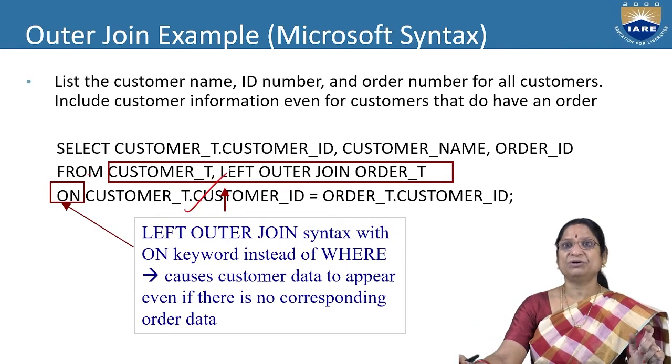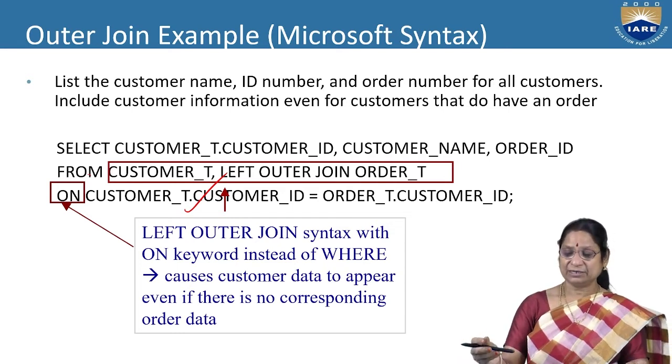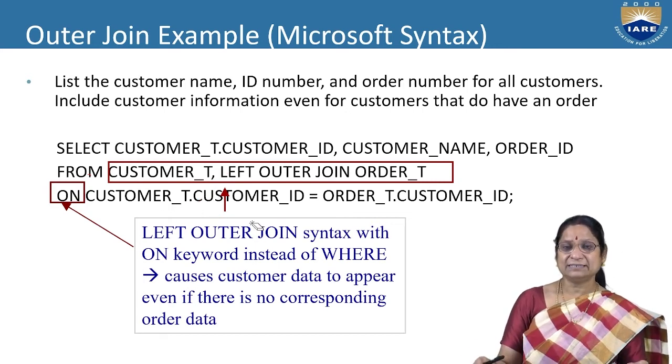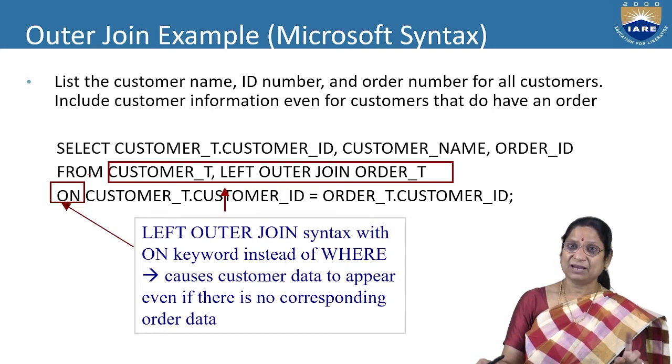Because we want a left outer join, and left outer means the left table. What is the left table? The customer table. So the customer table details are going to be retrieved even though there is no matching for certain tuples. It displays the tuple data, that is customer ID and customer name, if there is a match as well as if there is no match. If there is a match, the order ID will also be printed. If there is no match, no order ID, so null will be printed.